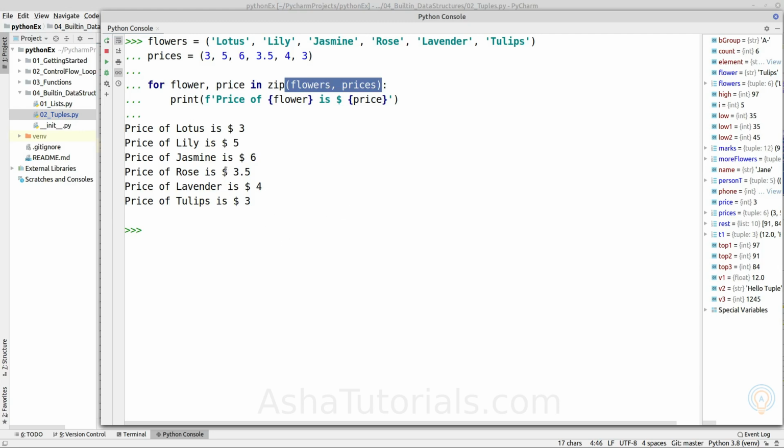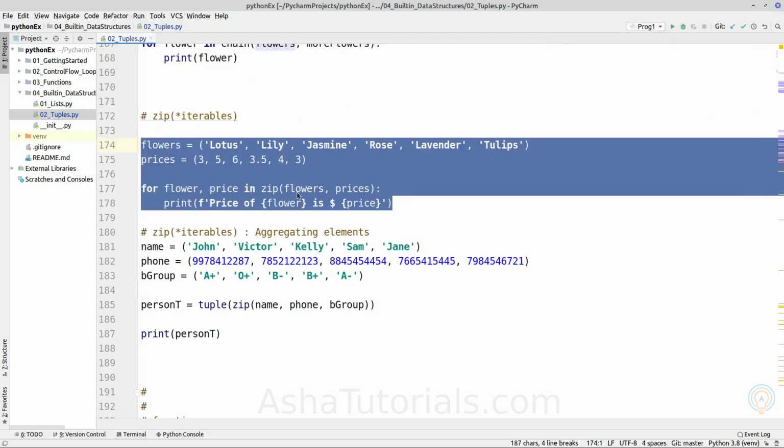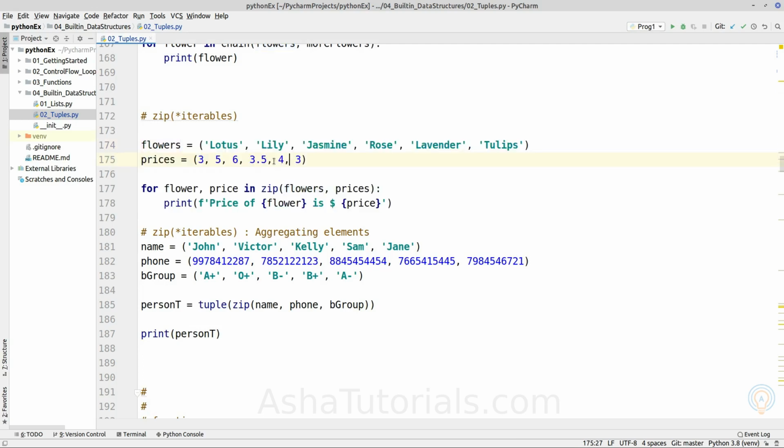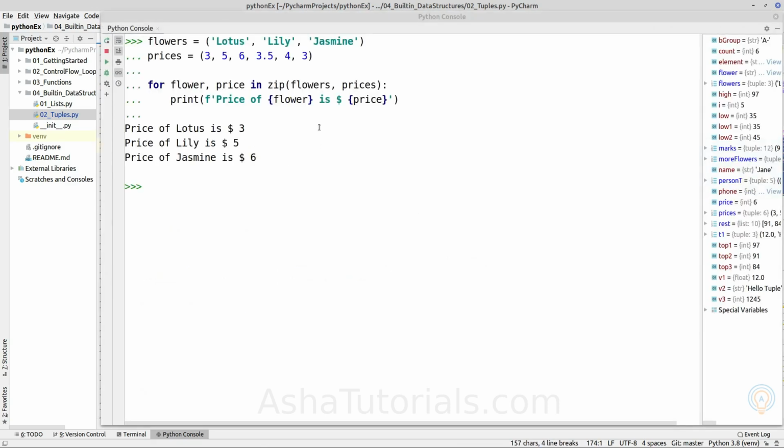As we can see here, it is iterating parallelly through both of the tuple objects. If we are providing iterables of different lengths, it will end when the shortest iterable is reached. So if we are only providing 3 flowers, it will not go for further prices, it will only print 3 values.